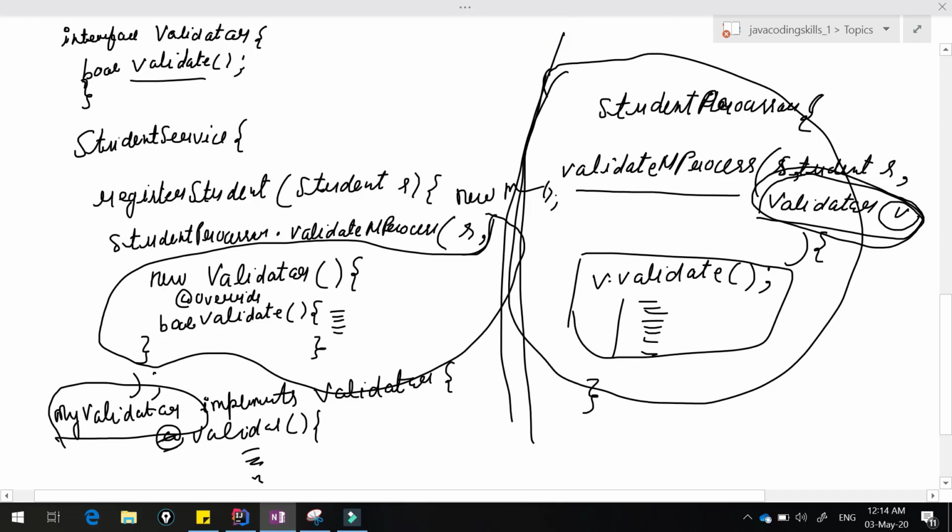Suppose one more requirement has come, like maybe some different competition exam. You have to just write one more method in the client code, and from that client code, you can provide this validator. That's all. So this code remains the same and untouched, and no need to worry about this piece. You only have to focus on your client code. That's how you can design very loosely coupled, easily maintainable code that looks clean and crisp. Flexible code as well, right?